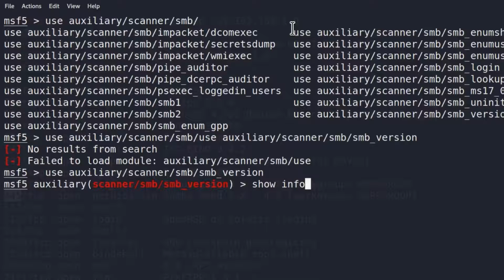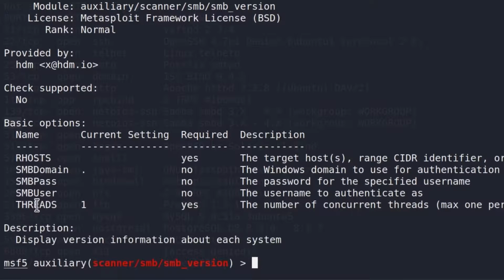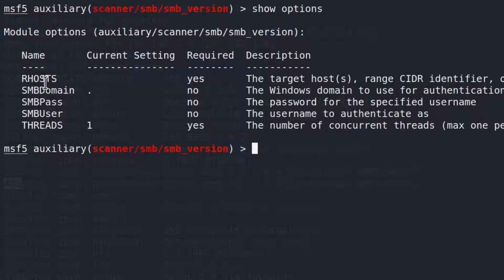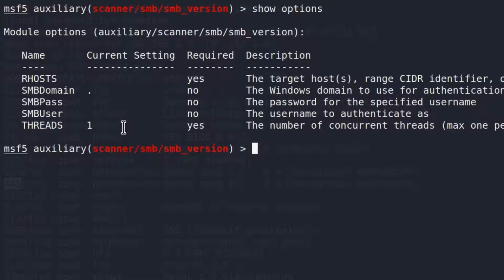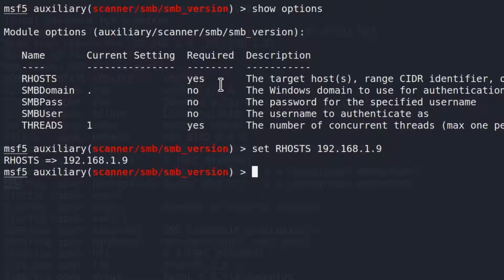And if I type show info right here, it will tell me in the description: display version information about each system. This looks like something that we need. Let's type all of the needed information for this to run. So we're going to type show options first, and we require our RHOSTS. We got some other things as well, but these 3 things are not required, as it says right here. The threads we will leave on 1, and the RHOSTS will be the IP address of our Metasploitable. In my case, 192.168.1.9. I will set this right here,